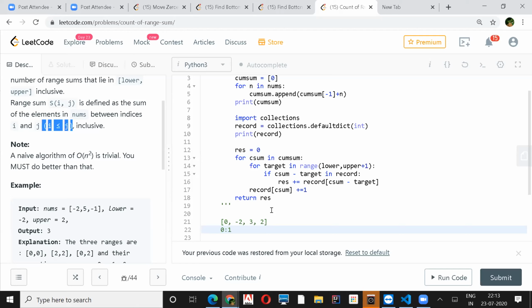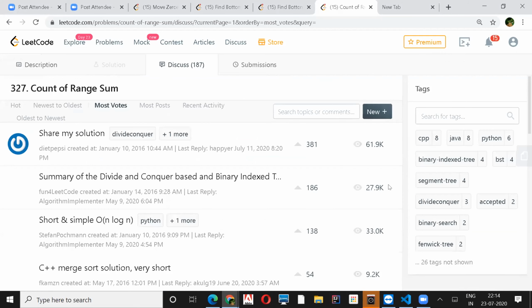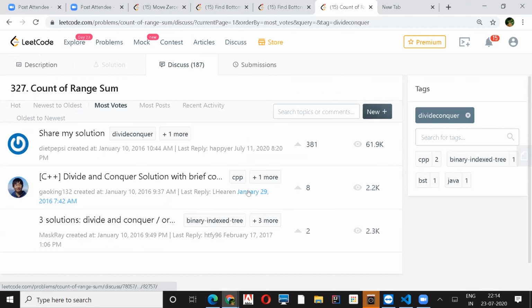One better approach is merge sort, though I don't know how they are using it. People are using very crazy things, and they're using binary index trees also, BITs. And I think segment trees also. Yeah, a segment tree would work, but there's a long explanation of that; I need to think and understand first. Normally the binary index tree has lesser code, but I don't know why the logic is so complex. We can discuss the fourth solution.